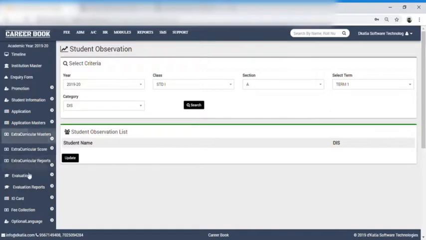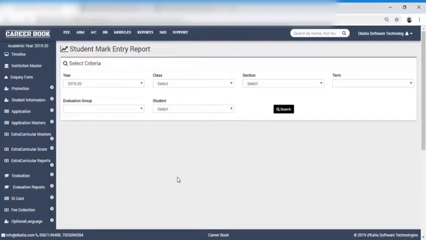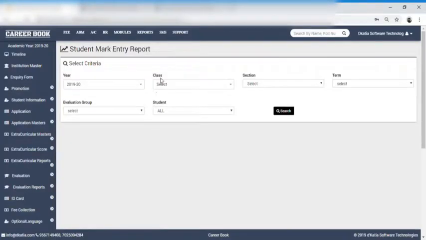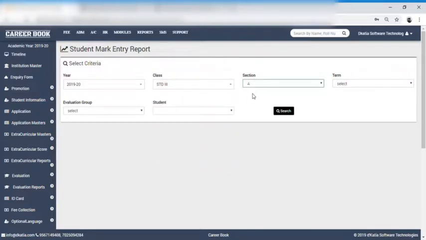Okay. And then next we will have the reports of this particular evaluation. First we have the student progress report, which is an automatically created student progress card. For example, if I am taking a particular progress card of a student of term 1,